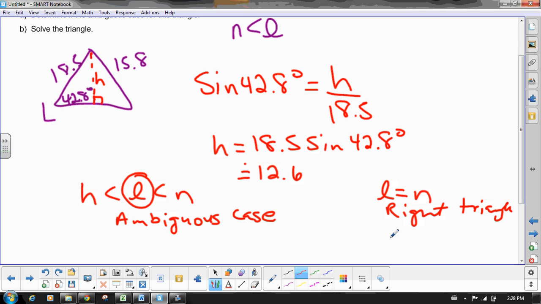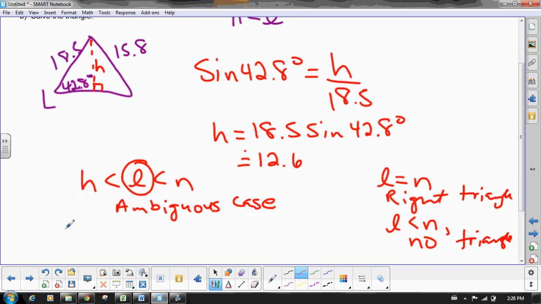And then if L was less than n, there would be no triangle. So this will be important on that thinking question that we'll get to in a minute. The fact that it's the ambiguous case means there's two possibilities. So we are going to have